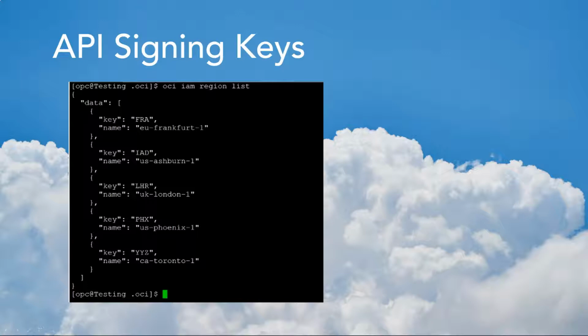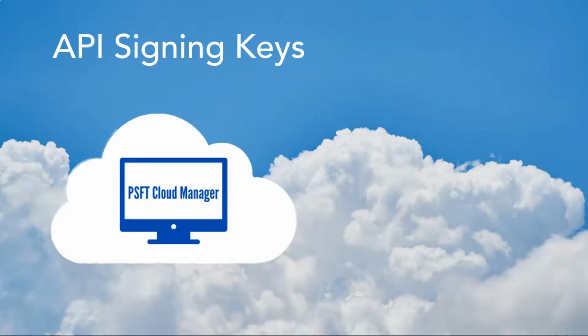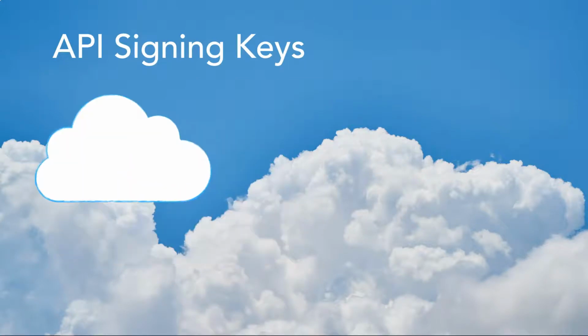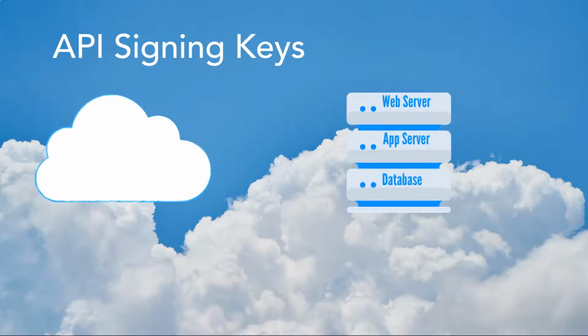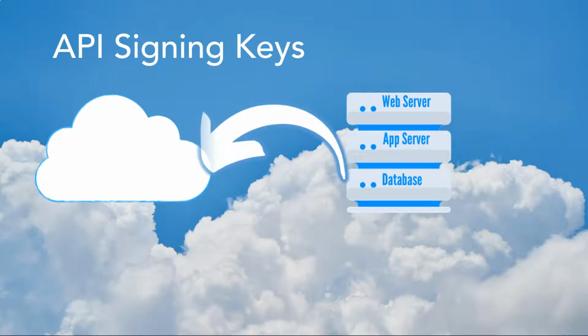Well, you might say you do not plan to use the command line interface, but still we need to generate API keys to do some background processing on Oracle Cloud. Let me give you an example. When we install PeopleSoft Cloud Manager on Oracle Cloud, there are several parts involved. I mean, the process should install web server, app server, database, etc. Installing and integrating all these parts is automated using a third-party software called Terraform.